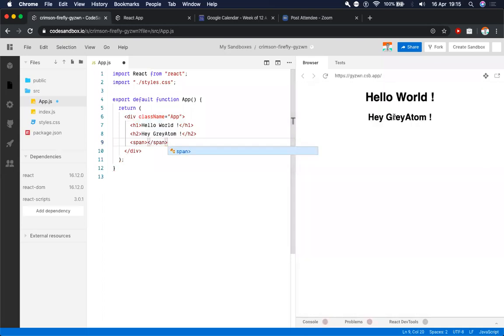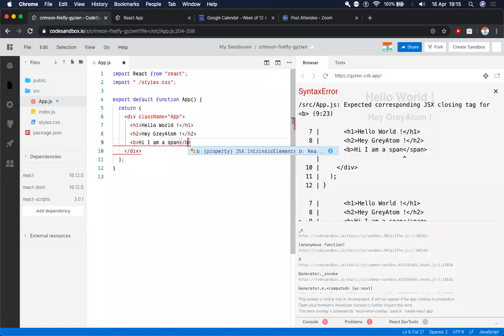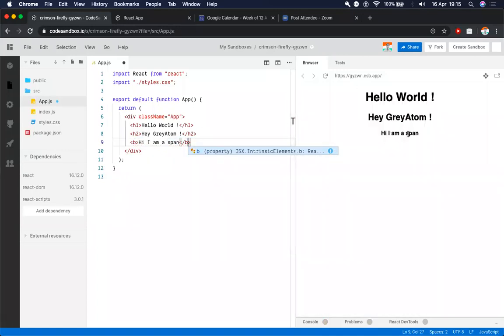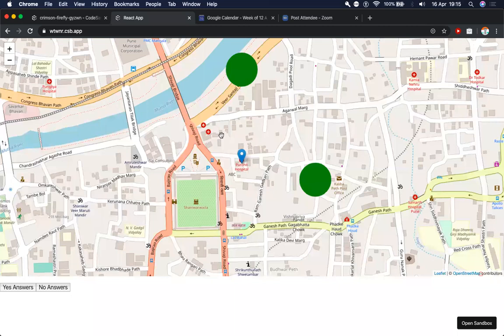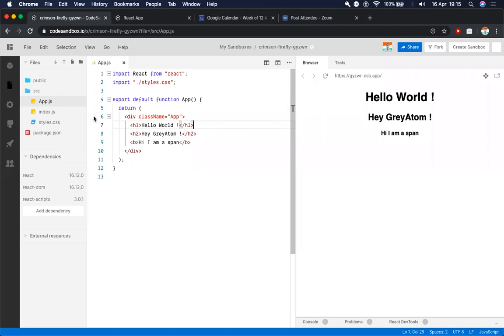We are getting some errors while we are typing out the code because CodeSandbox is trying to live reload our page while we are typing it out. This is a span right now. If I convert it into a bold tag, then we see that we get a bold text here. So right now, since we have to build a good looking application which has a map covered from end to end, some of you may know that by default the browser adds some padding to the body.